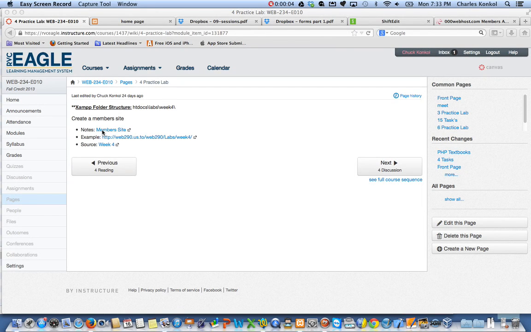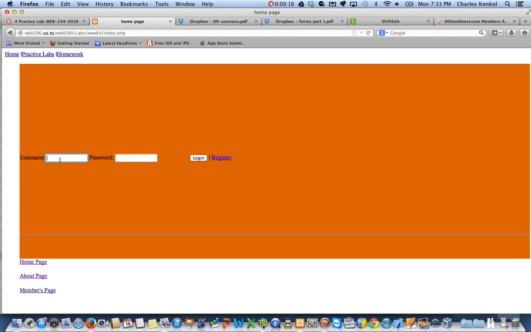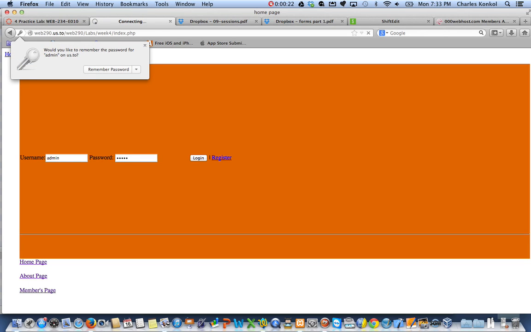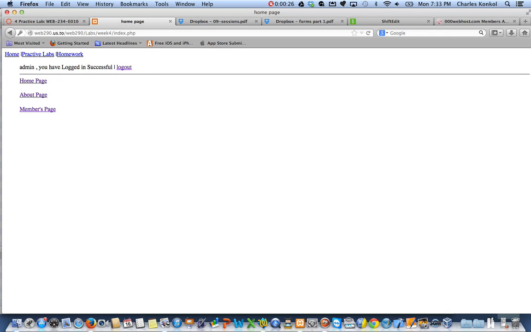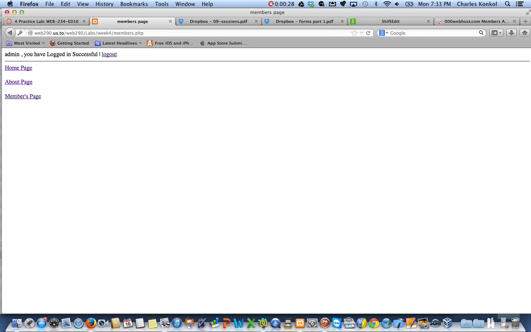Well, tonight we're starting week 4, and we're going to be going over a member site in class. I'll show you on the overhead if you want to look real quick. We'll be able to log into a website with credentials, and once you log in, be able to have access to menus, like say a members page. When you log out,